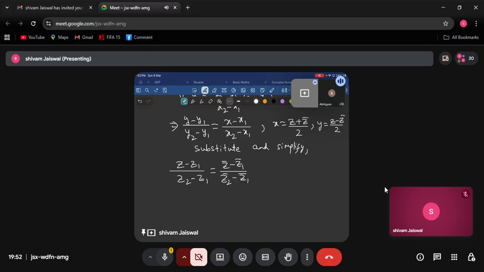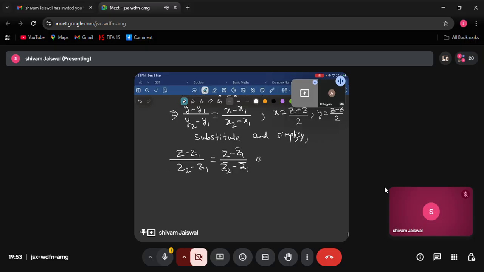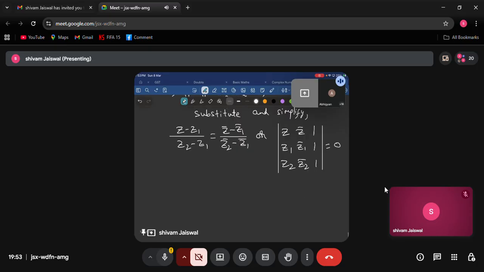Instead of y1 you replace z1. I mean on the left hand side z, z1, z2, z1. Okay, and on the right hand side it will be bar. Okay, further if you want to write it in determinant form, it will be determinant of z, z bar, 1, then z1, z1 bar, 1, okay, z2, z2 bar and 1. This is equal to 0. Can you people recall the determinant from straight lines? 1, 1, 1, x, x1, y, y1. Do people remember? Okay. And x2, y2.